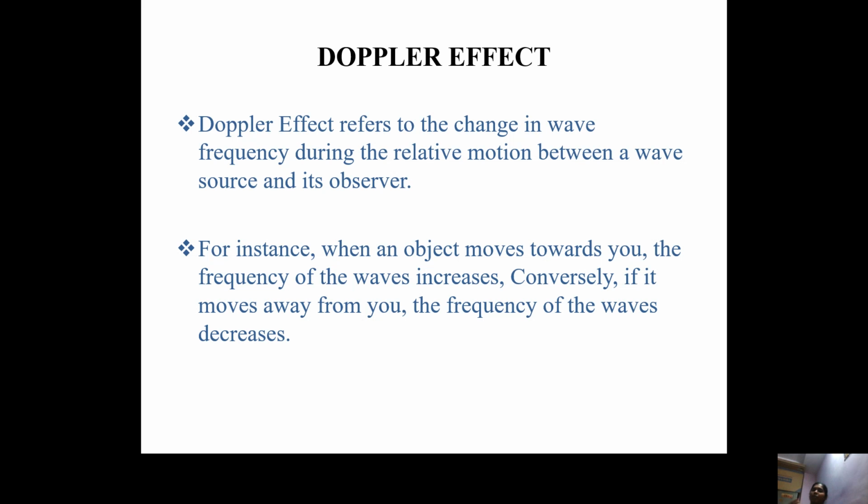But in case it is going beyond you, or going away from you, then there is a decrease in frequency. The decrease in frequency is just written as Ft minus Fd. Here Fd is the Doppler frequency, which is subtracted from the transmitted frequency. So this is the case. In this case, the resultant frequency is decreased. So the minus sign should be used when the required target is going away from